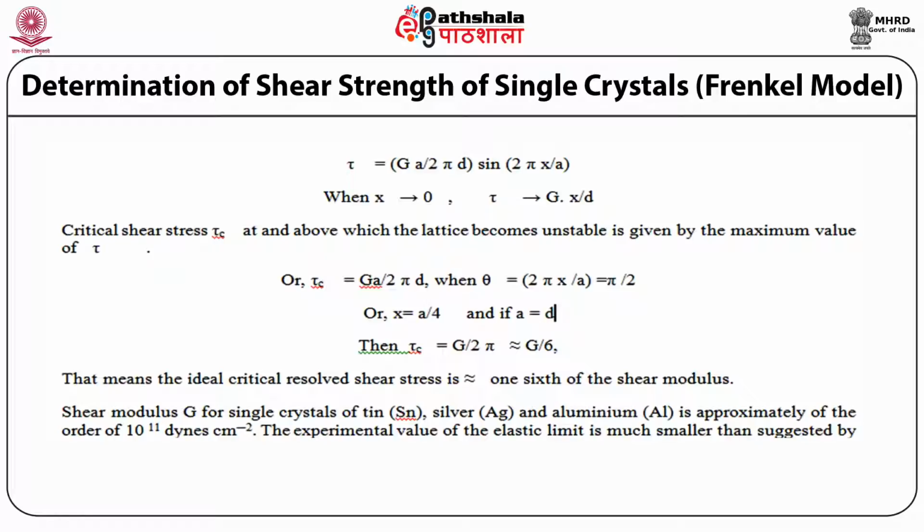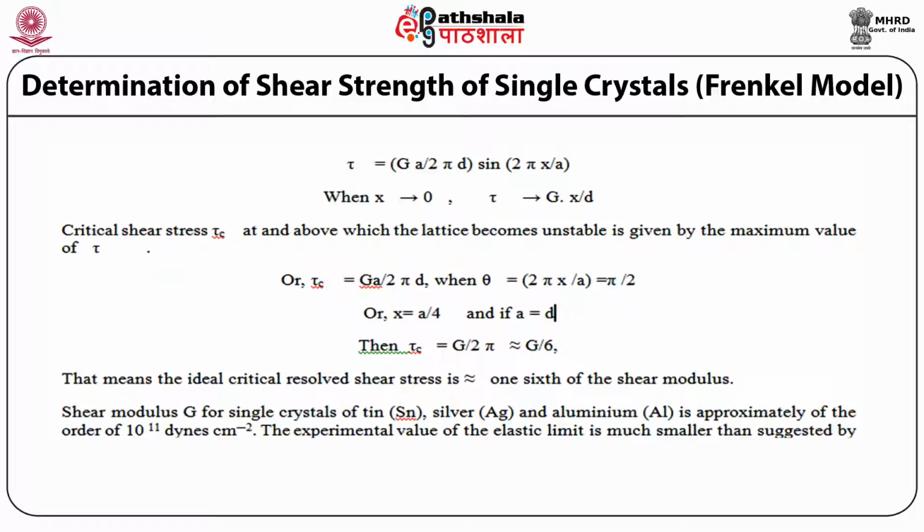The critical shear stress tau c, at and above which the lattice becomes unstable, is given by the maximum value of tau, or tau c is equal to Ga upon 2 pi d